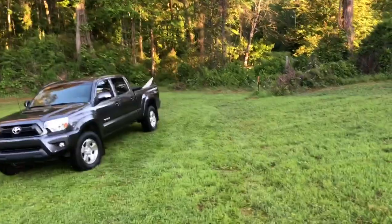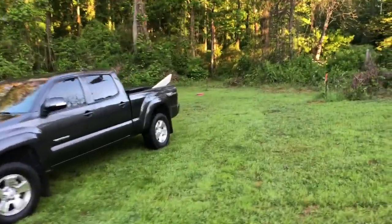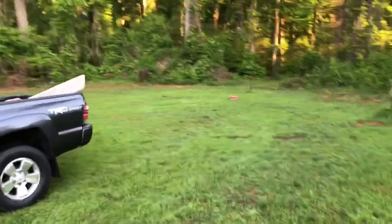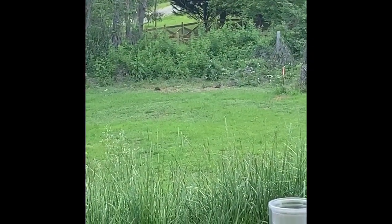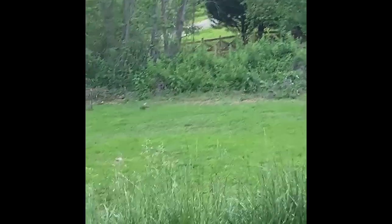All right, this is going to be our land site here, out at the back corner. We're setting up our materials, and we'll start doing some cutting. You can see here that there's a little groundhog family. This all used to be kudzu, and Jake cleared it with a hedgehog, and then you can see him scatter